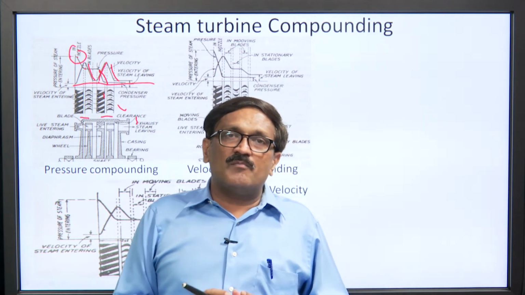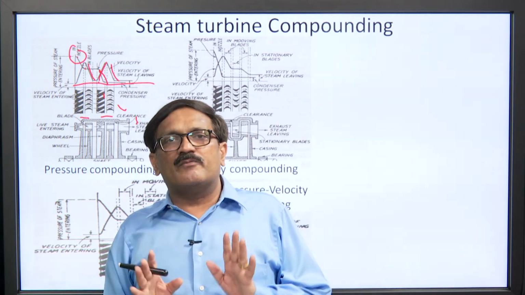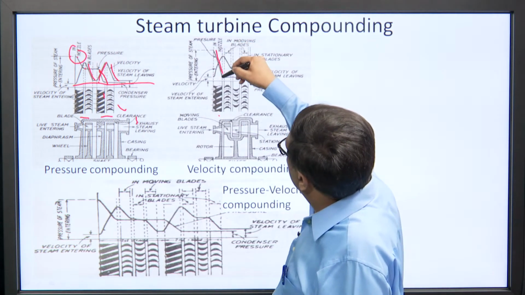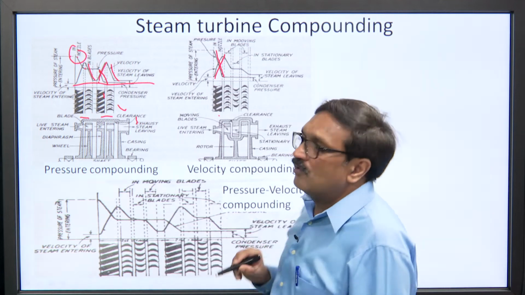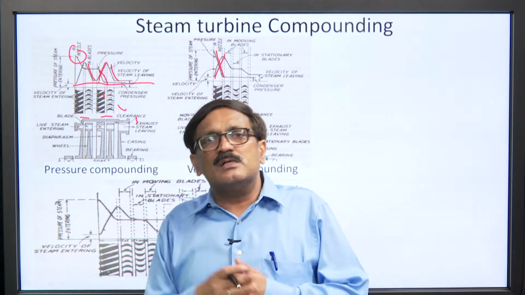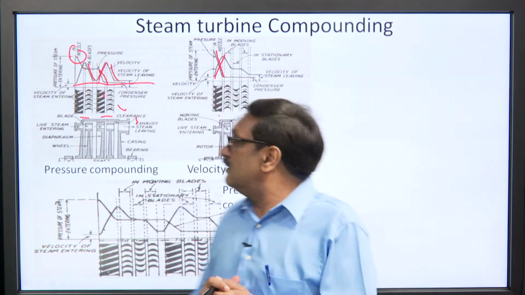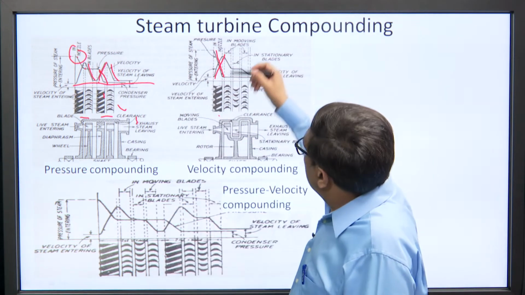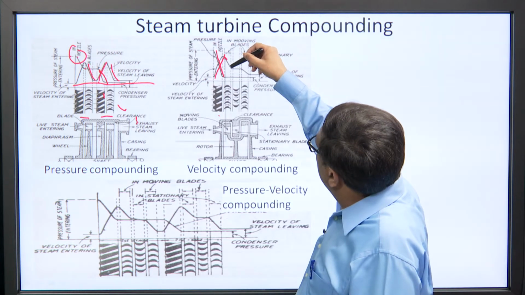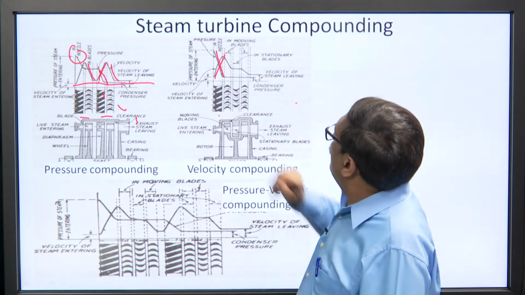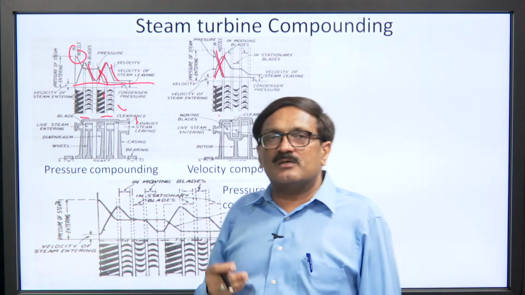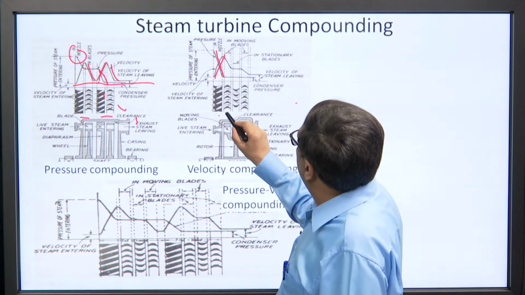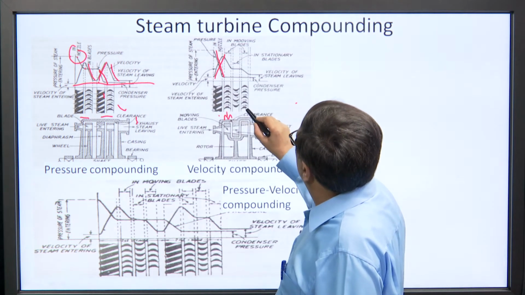Similarly, in velocity compounding, the pressure drop takes place at one place, only one set of nozzle is going to be there, and the whole of the pressure drop is taking place. A very high increase in the velocity is going to be there, because the whole of the pressure energy is converted into kinetic energy. But what is happening now, the whole of the velocity drop is not in a single wheel; a certain velocity drop, a certain amount of work is done in the single wheel. Then it comes out of the first set of moving blade, then it passes to another set of moving blade. This is the moving blade, this one is the moving blade.